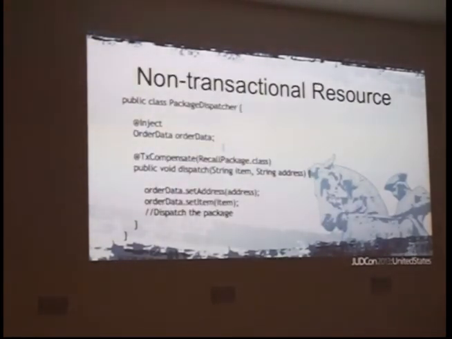Okay, so let's have a look at the non-transactional result. This is the package dispatcher. This dispatch method is the actual business logic that we're going to do inside the compensation-based transaction, and it's something that in the future will need to be compensated if the transaction as a whole is undone. So we annotate it with txcompensate, and we provide a class name, and this is the handler doing the compensation. So this is the compensation handler. It says once this method is completed, if the transaction in the future needs to be undone, invoke an